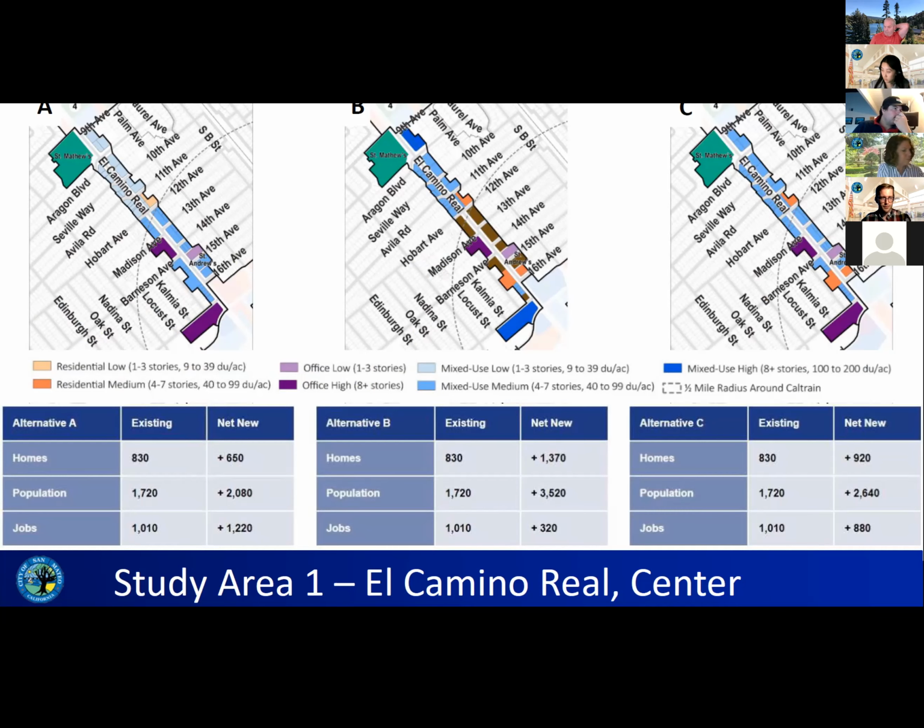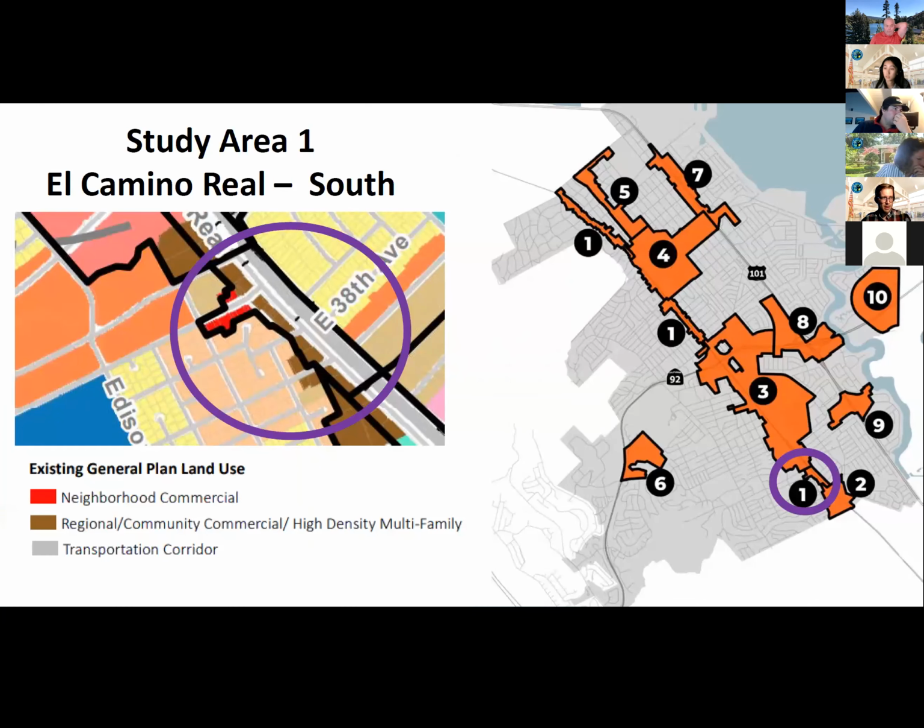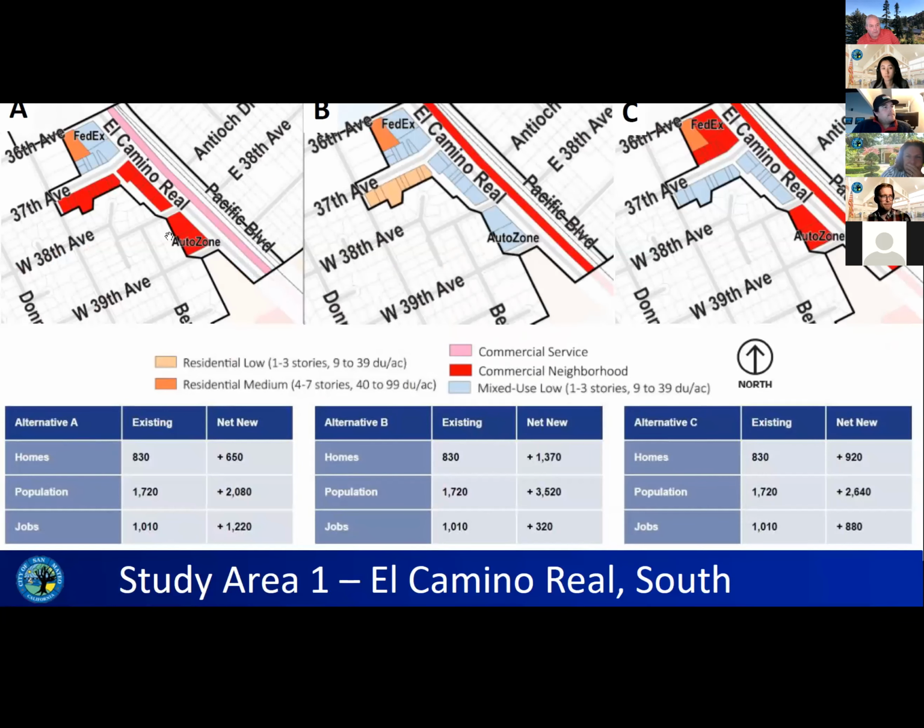Sure. So the last one is a small portion down here to the south of study area 3 along El Camino as well. Currently a combination of neighborhood commercial and regional community commercial. So it includes this stretch of 37th Avenue here, which is a neighborhood commercial currently. Between the 3 study areas, this section along 37th Avenue in Alternative A stays a commercial neighborhood, as does this section fronting El Camino.